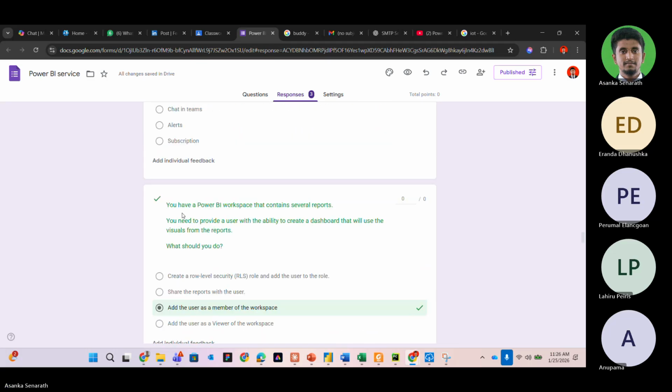right? You have a Power BI workspace that contains several reports. You need to provide user with the ability to create dashboard that will use the visuals from the reports. What you should do, right? What you should do. So here